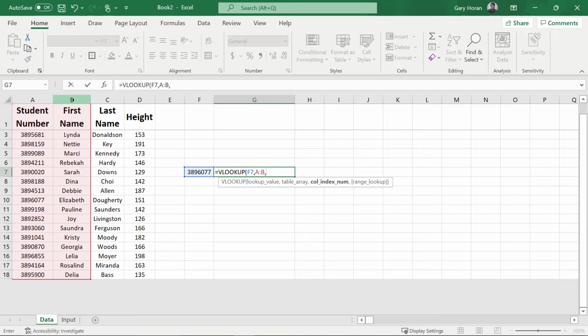Once you type in comma, it's going to say you now need a column index. Now, column index is pretty easy. We did a table of A and B. Now, this is column 1 and this is column 2. So we can just type in 2. Now the last thing is a range lookup. Now we always want 0, so comma 0